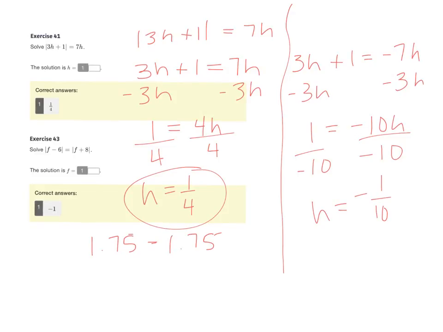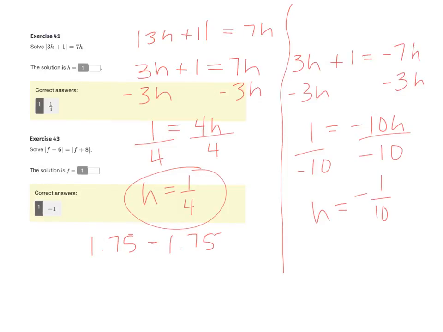So I know that the first one works. The second one is not going to be a solution, and let's talk about why this is not going to be a solution. If this was a solution and we were to plug this in, we would have 3 times negative 1/10, which would give you 3/10, plus 1, which would be 1 3/10. Over here,